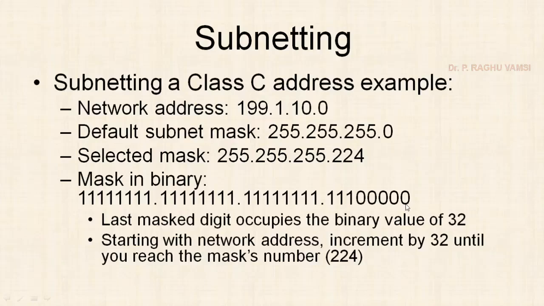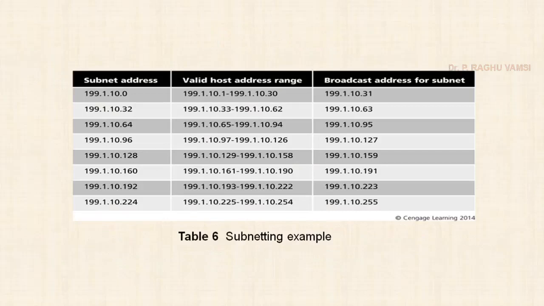Each subnet can be allotted a maximum of 64 IP addresses, in which the first IP address is the network ID and the last IP address is for the broadcast ID. That means you can use a maximum of 64 minus 2, that is 62 IP addresses, for allotting to the computers in that subnet. Okay, so this is the way you are supposed to perform the subnetting of IPv4 addressing. So this is what the subnetting example is.